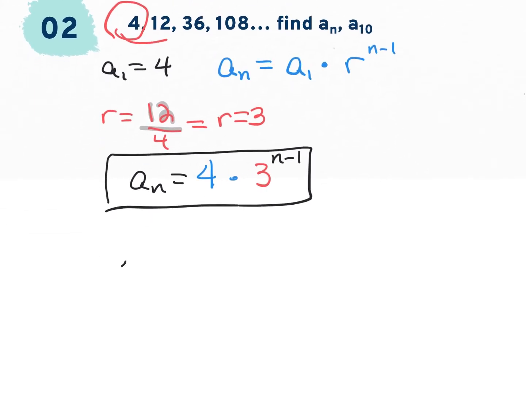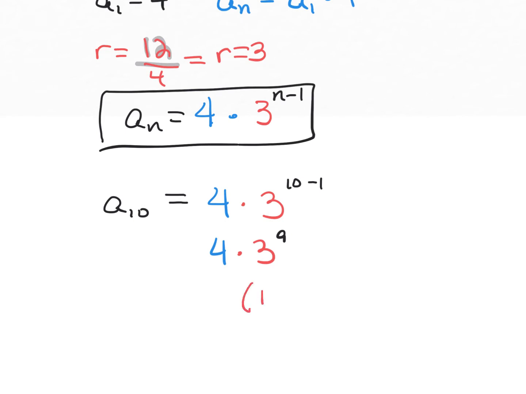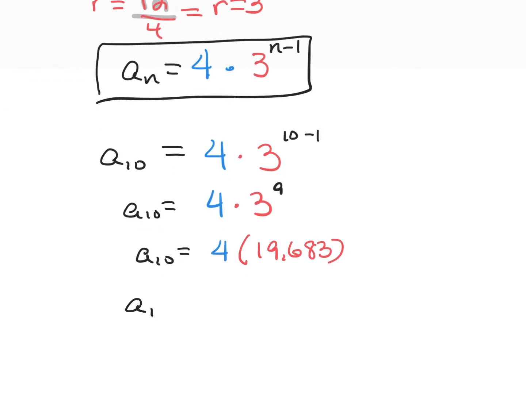So I'm going to be doing a sub 10 to get the 10th term. 4 times 3 raised to the 10 minus 1 power. 4 times 3 to the 9th power. 3 to the 9th power is going to give me 19,683. I can now go back and multiply that by 4, and the 10th term in my sequence is going to be